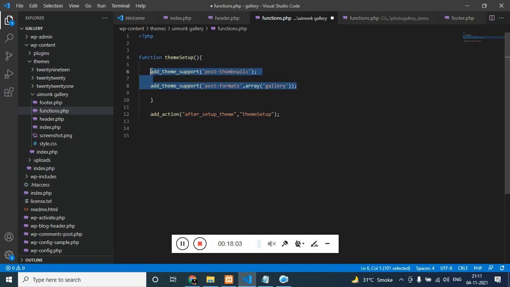The post thumbnail is simply the featured image, and secondly we have post format. There are multiple post formats which we have covered in the previous theme development tutorial in depth. Now in this particular video we are just going to focus on creating the post format called gallery.